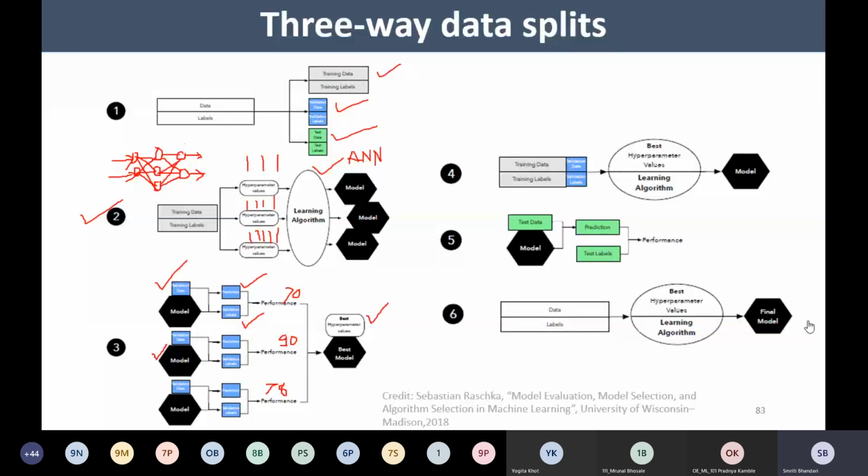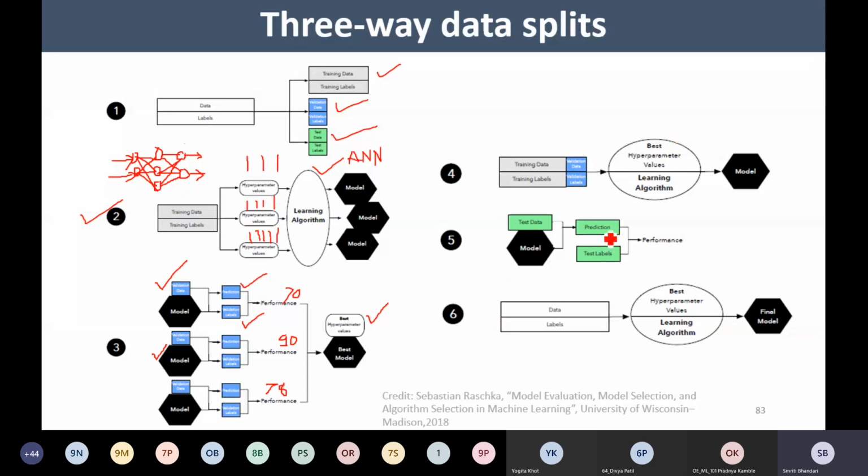Now what we are going to do next is combine the training data and the validation data together, so that we have a comparatively bigger data set. We have selected the best parameters along with the learning algorithm, and we combine the two data sets to increase our data. If I increase my data set, it is possible to have more generalization of the model.